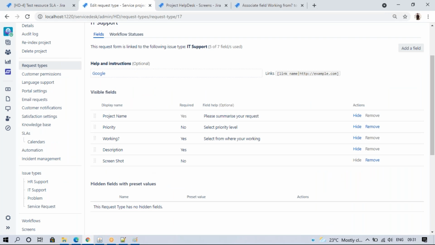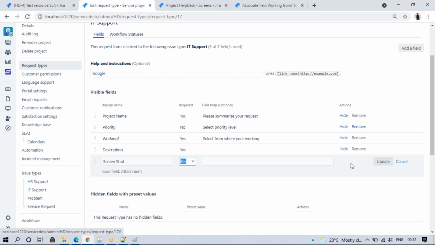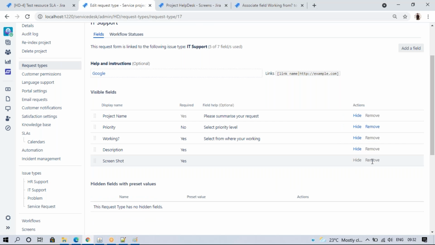I hope you already know how to display the name. We can select it and change the names, required yes or no, and help text. Okay, and next we can hide it here. Same as how we do it in field configuration, like required yes or no, field help, or hide, all this we can do here. If you want to rename, we can remove this, and we cannot see this remove, right? So we cannot remove working or description, because these are already mandatory fields. So mandatory fields we cannot delete. Suppose if you change this to same, update is required, so this also we cannot remove.